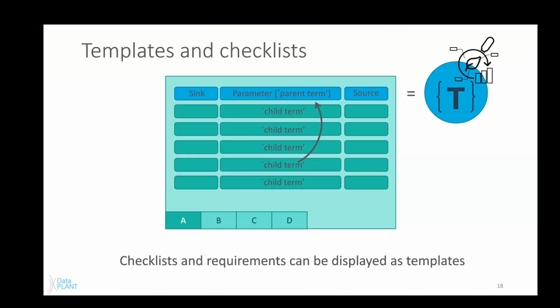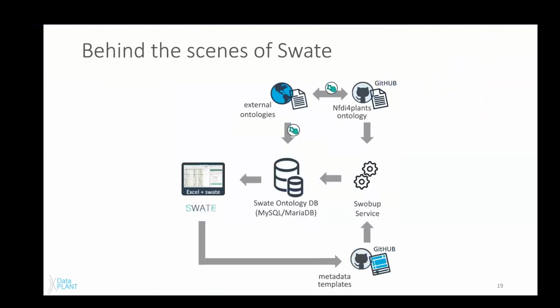Of course, an important component of DataPLANT as well is we don't want to force the researcher to do anything. So you don't have to use a template if you don't want to. You can design your own and save it if you know that this is going to be useful for yourself or maybe your lab group in the future. And in this way, you can then easily refer back to it. But it's up to people if they already have a good idea of what needs to be included, or else maybe they have no idea what requirements there are for a particular experiment or something along those lines.